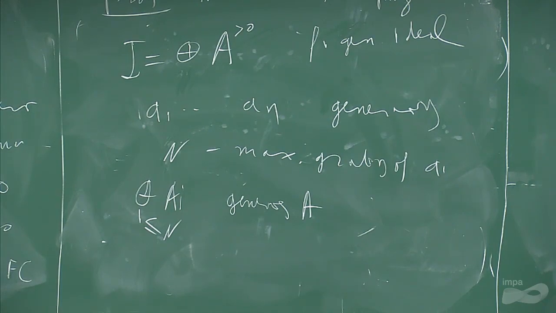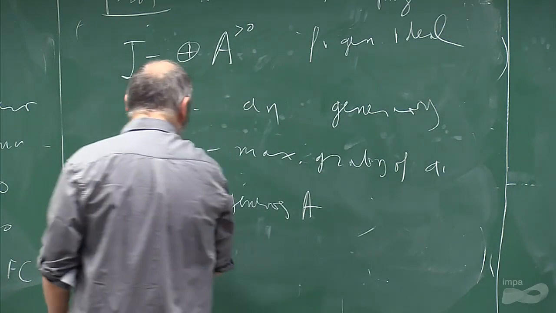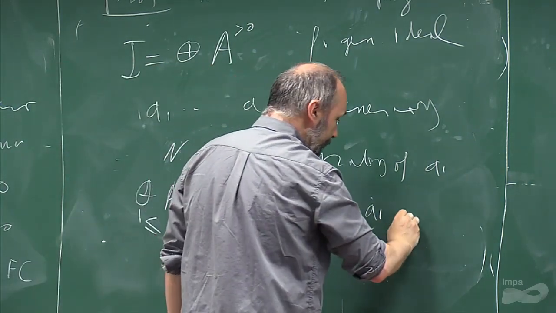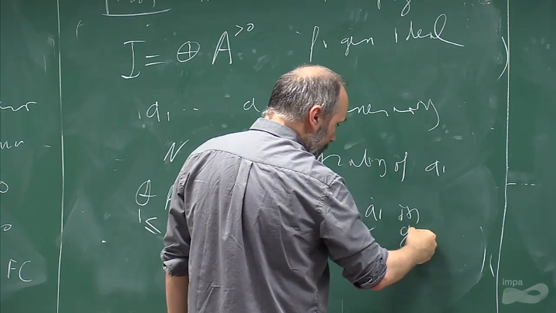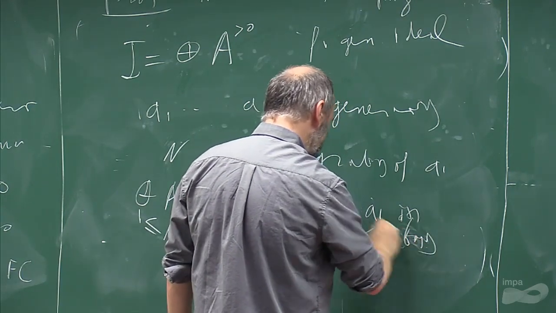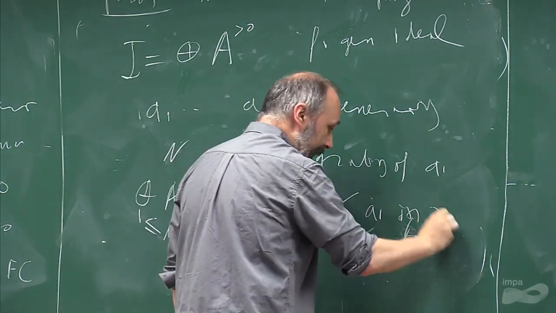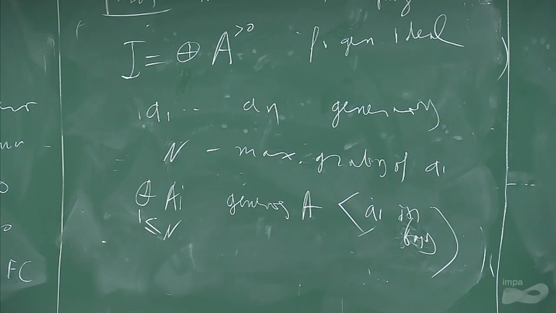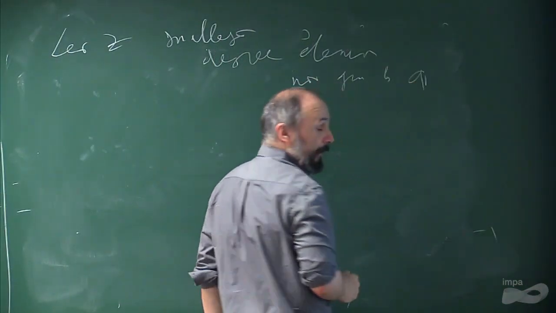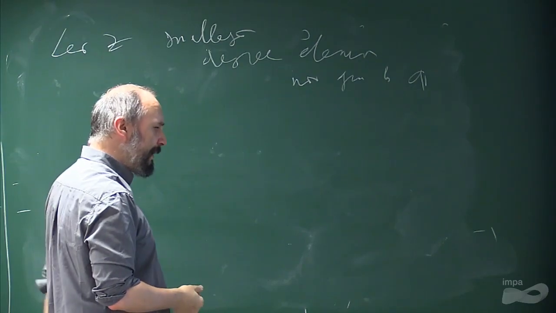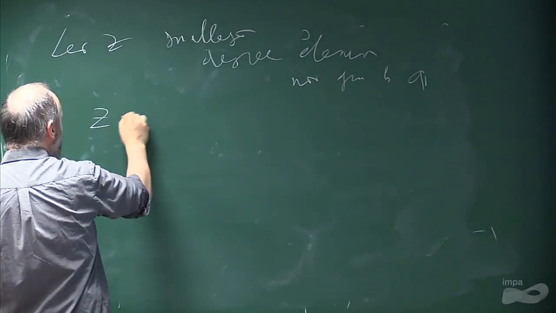Let Z be the smallest degree element not generated by this. This is a finite dimensional space, so the AI are its generators, its basis. We take Z, the smallest degree element not generated by these AI multiplicatively. So we take the products of these guys, but then Z is a sum of